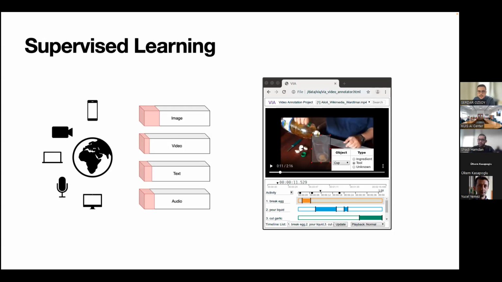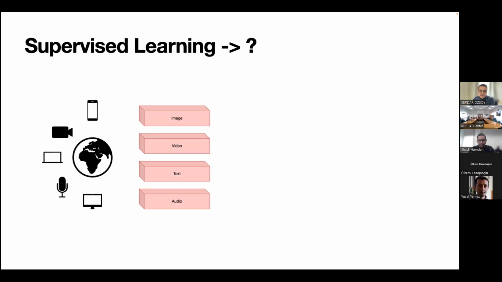Labeling creates a bottleneck for supervised learning. We can come up with a question: can we take advantage of all the data produced and learn useful representations without labeled data? And this question led us to unsupervised learning.